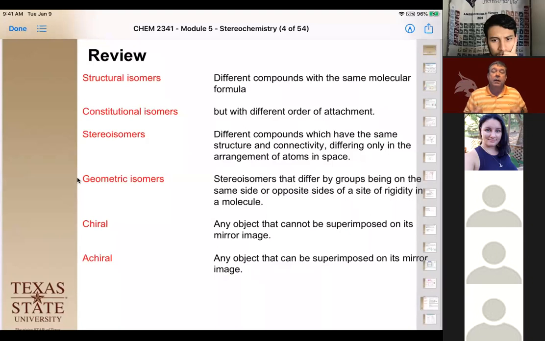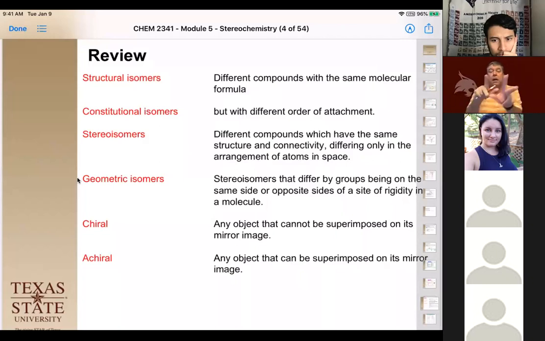Okay, so in the case of stereoisomers, we can also have geometric isomers, and this is more likely to happen in things that are rings or on double bonds, where, because we don't have free rotation, they'll be on the opposite side, like a cis or a trans alkene or a cis or a trans ring. Okay. Chiral is specific to a carbon with 4 things attached to it, and they come in pairs, and